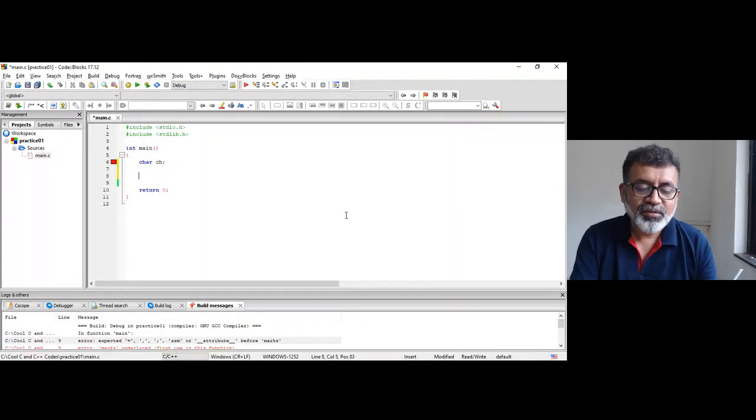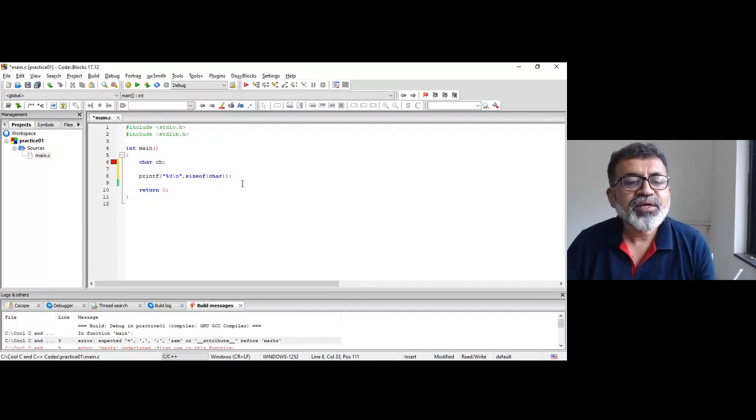Let's check what the size of char is on this machine. It varies from platform to platform, so one should not assume anything. Usually C programmers assume the size of data types, but one should not make that mistake.